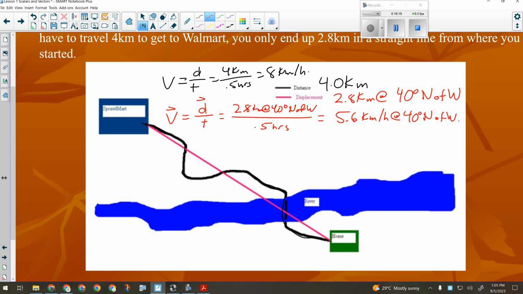What's my velocity? What did we just say? If I end up back at home, my displacement is? What's 0 divided by anything? Right? What's my velocity? 0. Because technically, from a vector perspective, I have accomplished nothing. I ended up back where I started. Therefore, I haven't changed my position, so there's no way for me to express the rate at which I changed my position, because I didn't. I ended up back where I started. This is why